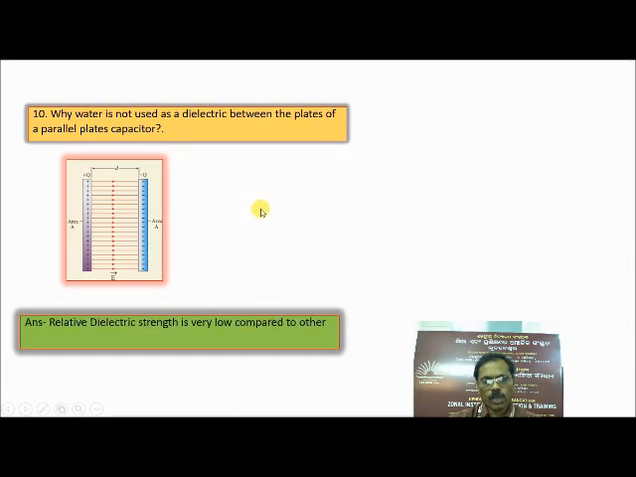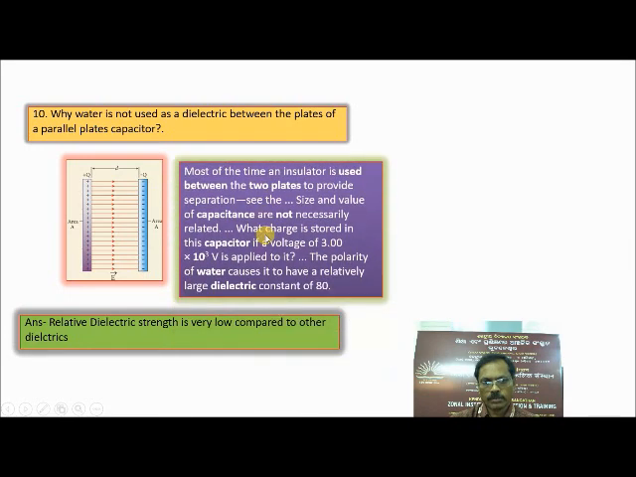Let's see this. Why is water not used? Because the relative dielectric strength is very low compared to the other dielectrics. More explanation on this: most of the time, an insulator is used between the two plates to provide separation, and the values of capacitance are not necessarily related. So what charge is stored in the capacitor if a voltage of 3 into 10 power of volt is applied to it? The polarity of water causes it to have a relative